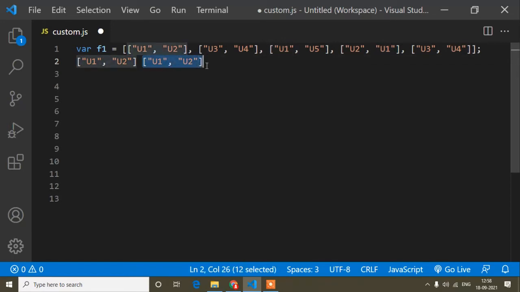It will not always come this way. You can also get it like this, user2 and user1. So this one is similar also, right? Because if anyone says user1 is the friend of user2 and another says user2 is the friend of user1, both are the same case. So here the scenario is like that. So this one and this one are the duplicate array, so I have to remove this one from this array.